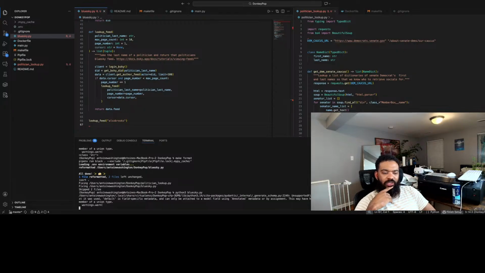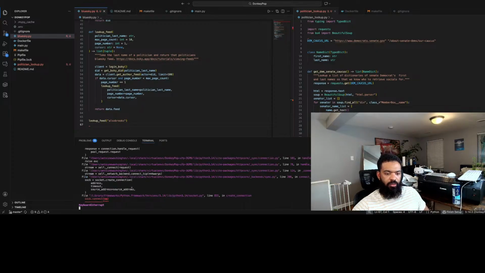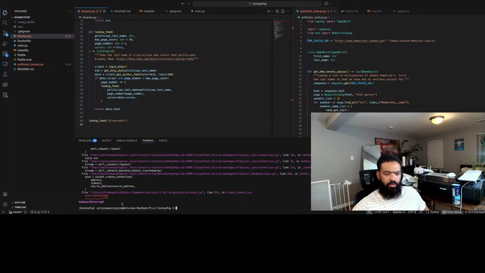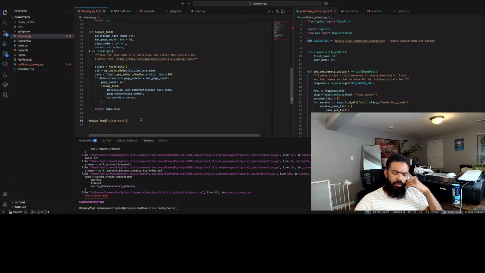Oh, come to think of it, it's doing 10 of these lookups. That's going to take forever, and I have nothing printing out to show that it's happening. Okay, let me try this again. Lookup feed.